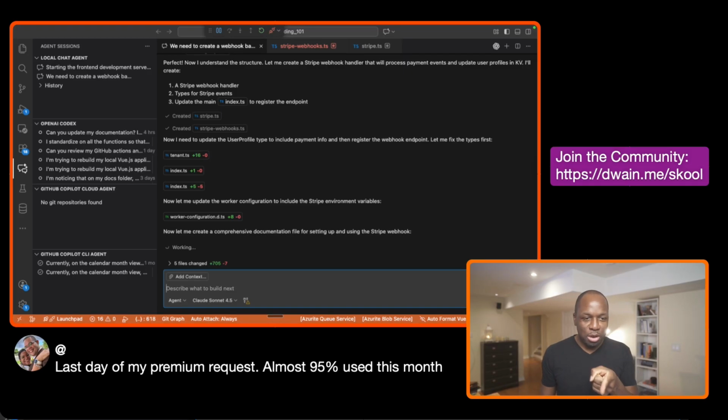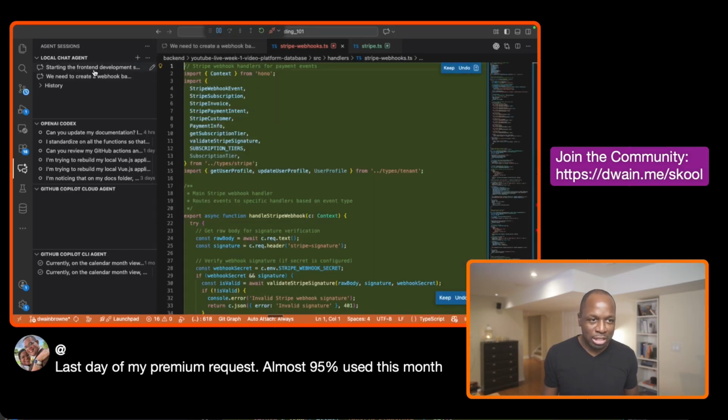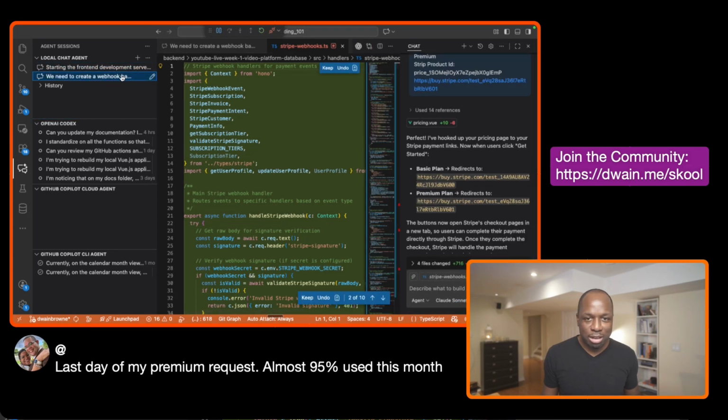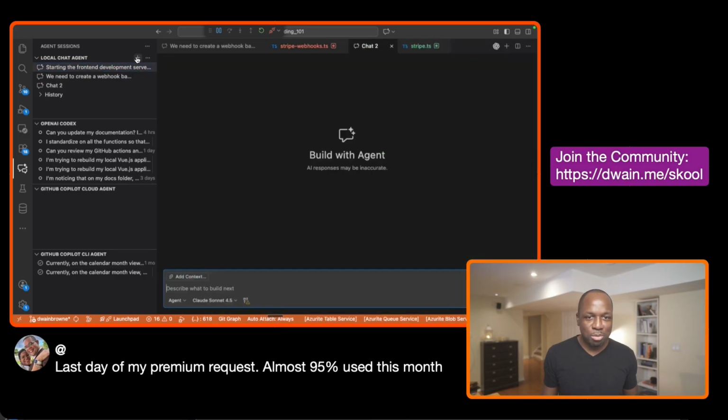While this is going, I can keep spinning up multiple. That's what they're doing. They're making this a whole lot easier. The cool thing is this is my local chat, right? So right now I have 2 local chats going. Let's just close this one here. I could just keep spinning up more and it just keeps opening them up in new tabs, which is cool